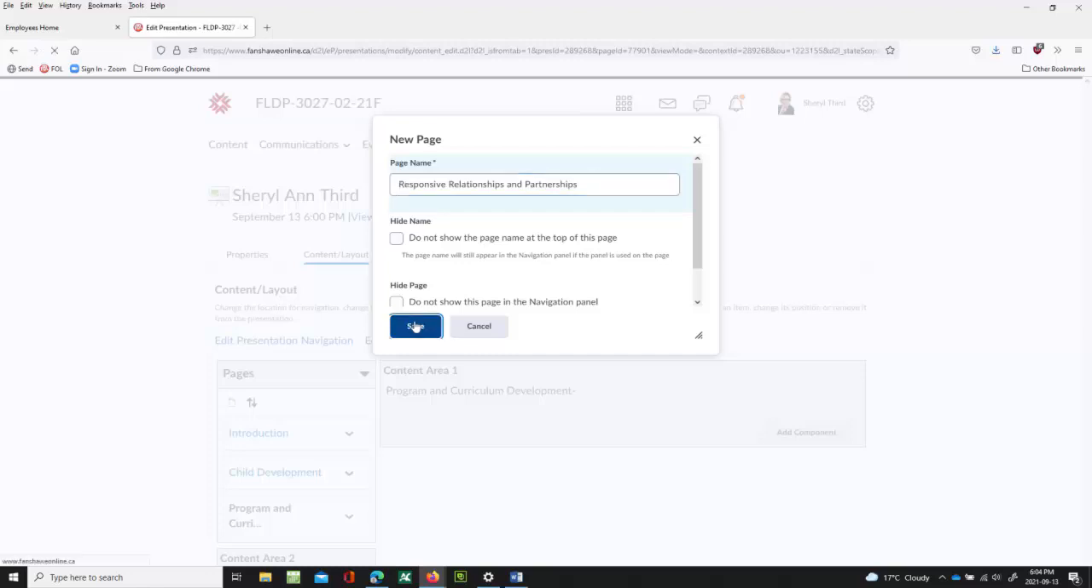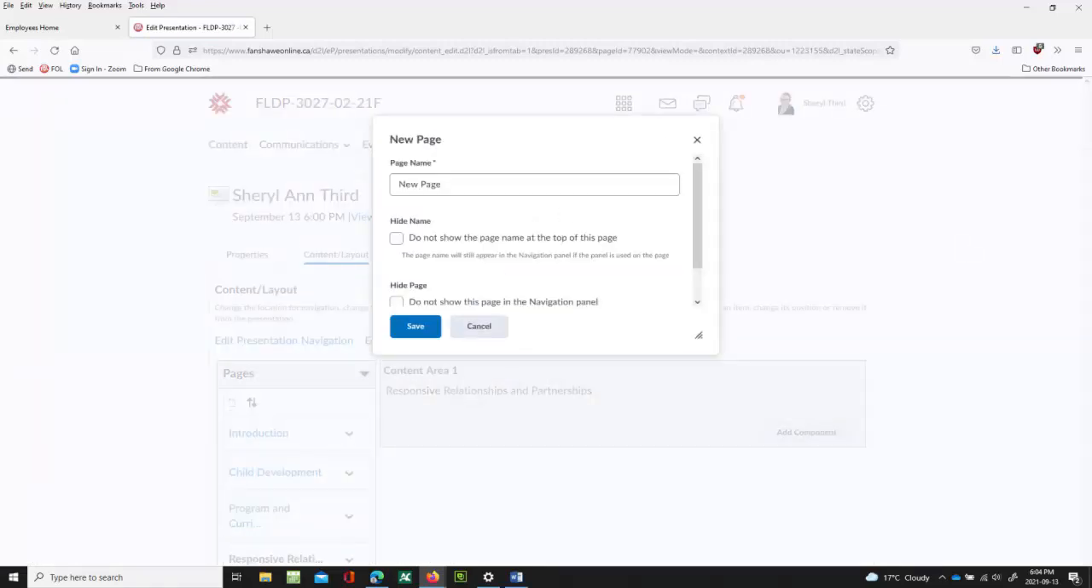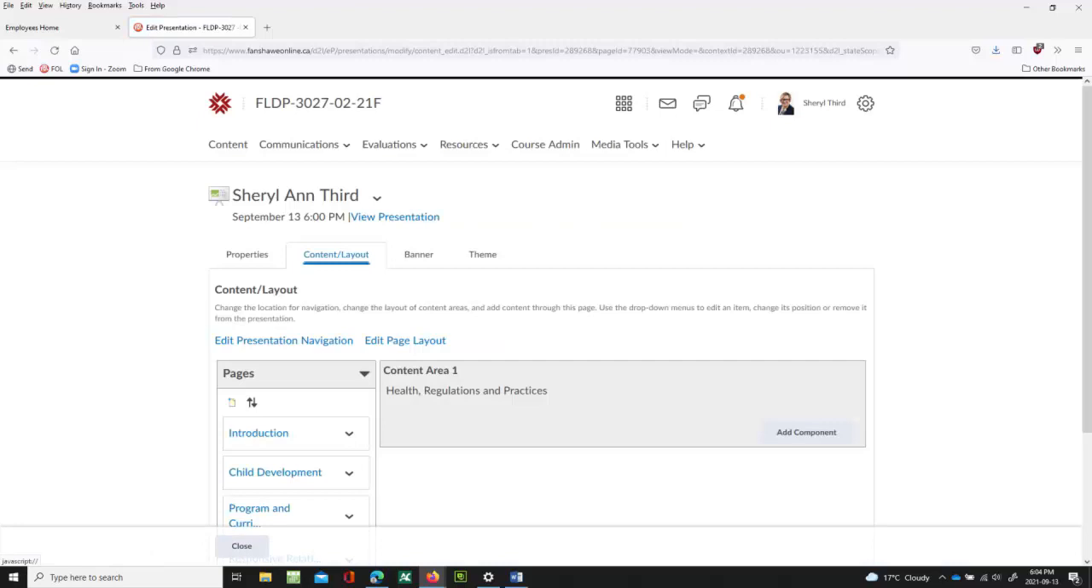Again, you're welcome to leave the numbers, but it's not necessary. It's up to you on what you want it to look like. The next one is health regulations and practices. Control C, Control V, and you're going to do that for 8 pages. Now that you've done all 8 pages,